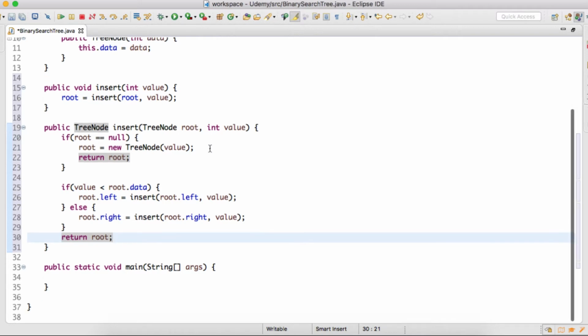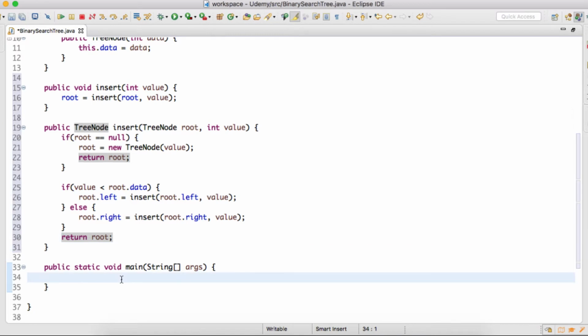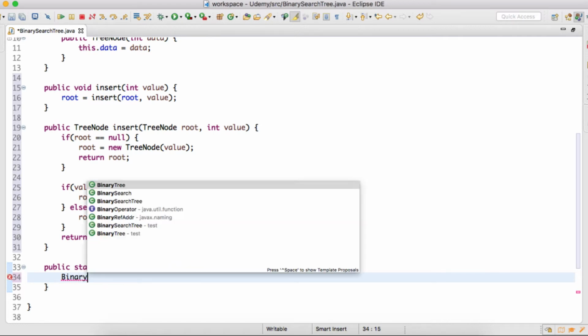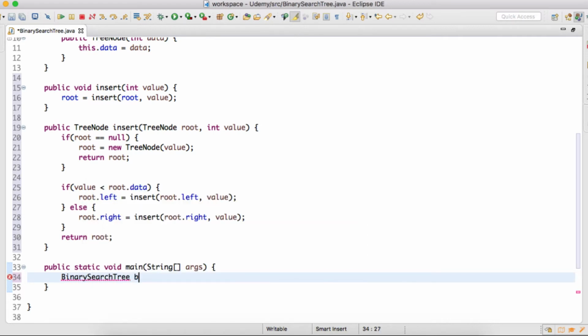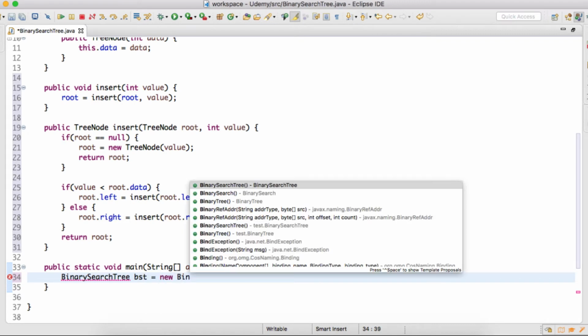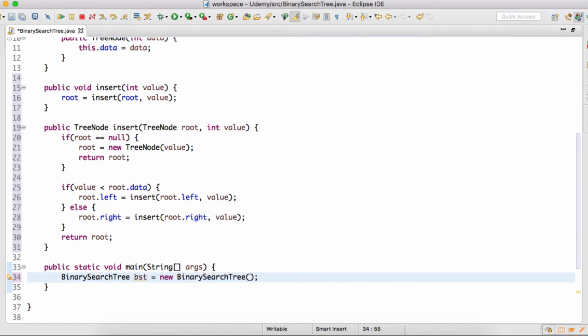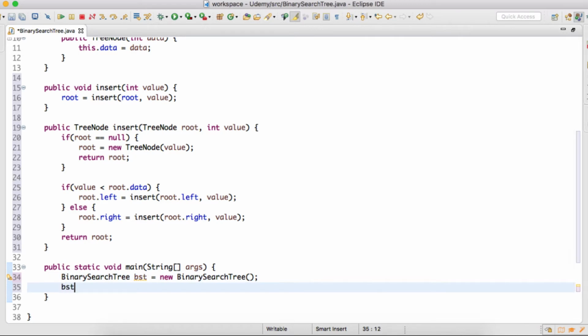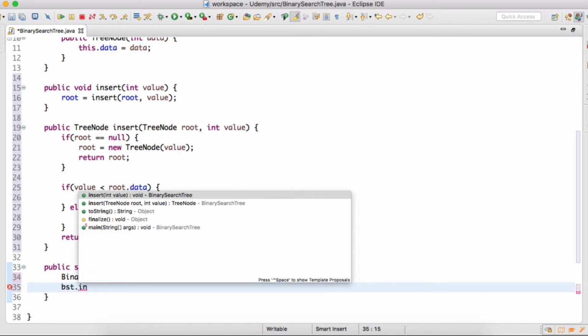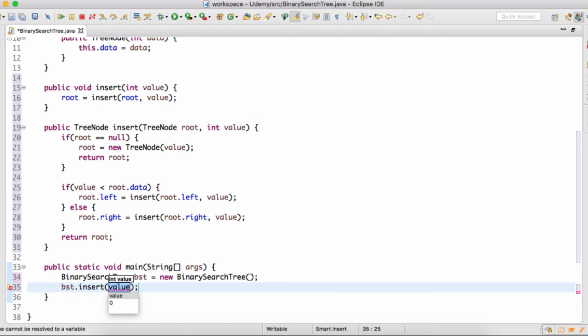Now let's test its working in the main method. So first we'll create the instance of binary search tree, and then we'll insert a few nodes which we saw in the slide.